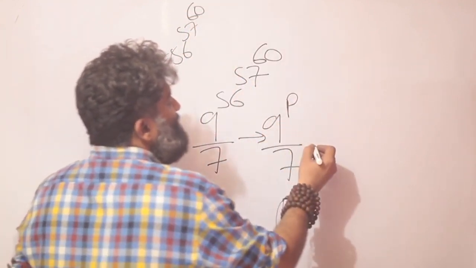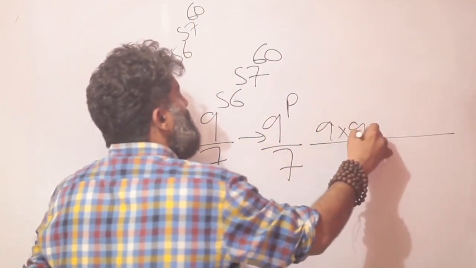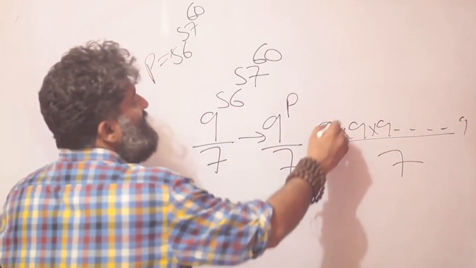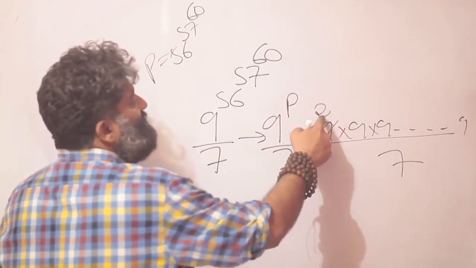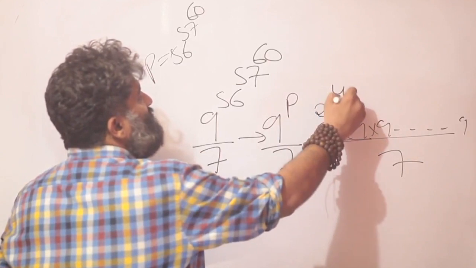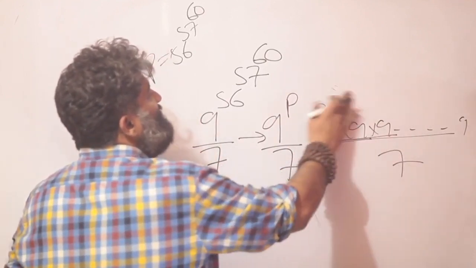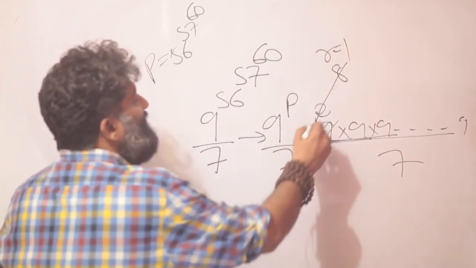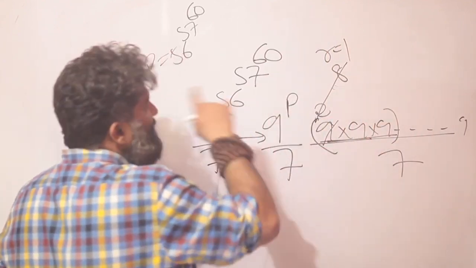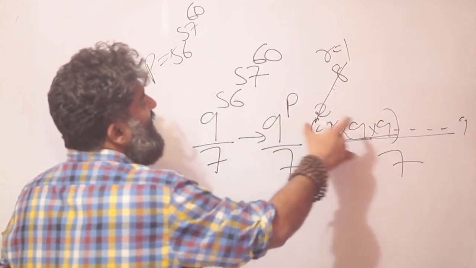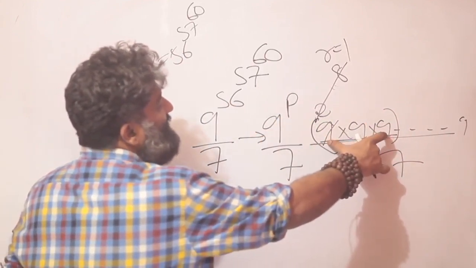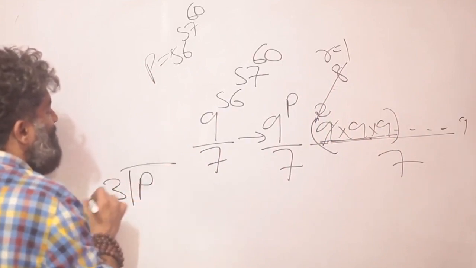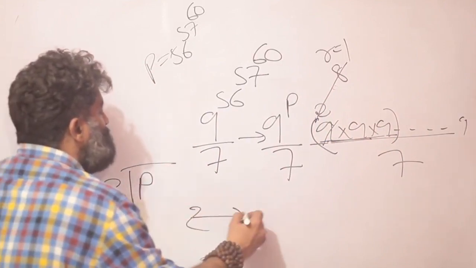Now 9 raised to p means a lot of 9s individually being divided by 7. So a single 9 gives you a remainder of 2. Two 9s will give you a remainder of 4. Three 9s will give you a remainder of 8, which will make it a remainder of 1. So you need to rewrite 9 raised to p in terms of groups of 3. Very simply put, the power now should be divided by 3 and my focus should be on trying to find the remainder.